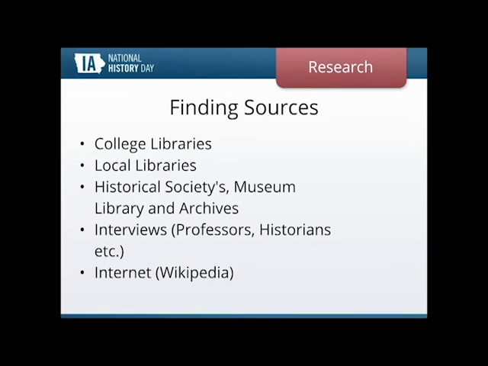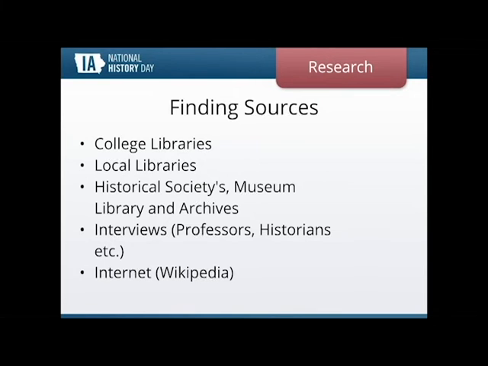I advise students to use this site as a secondary resource only. It's a great way for you to get some background information on your topic, get a feel for what it is. But we want you to dig deeper. So I would highly suggest not using Wikipedia for your research. But if you want to use it as a secondary just to get a glimpse of what your topic is,